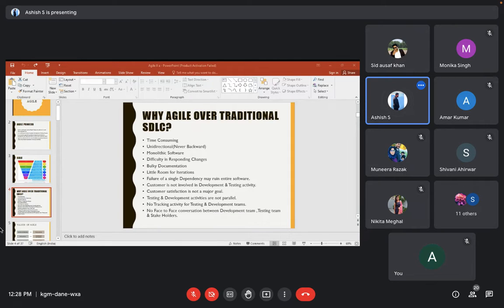But what are the advantages? We have more advantages in this, right? Yes. See, the main goal is customer satisfaction. The customer has to get the application very soon, and we want to do some business work. Even the company wants to earn money. So what we have to see is the major advantages we have in Agile compared to all the traditional models. That is why we go for Agile.